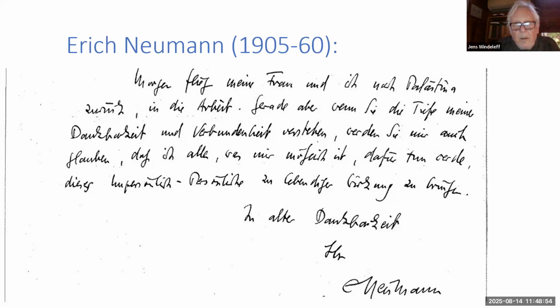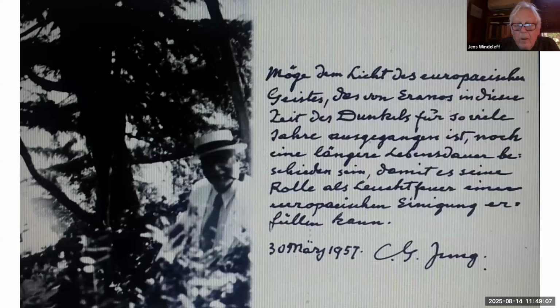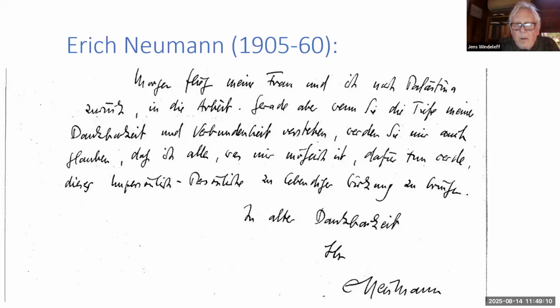Neumann died very early, at 55 years old, of kidney cancer, I think. But you can see it's a very clear handwriting, a good form. And he didn't feel at home in Israel either. He called the new Israelis too material and too technical and entrepreneurial and so on. So the only real home for Neumann was the August meetings